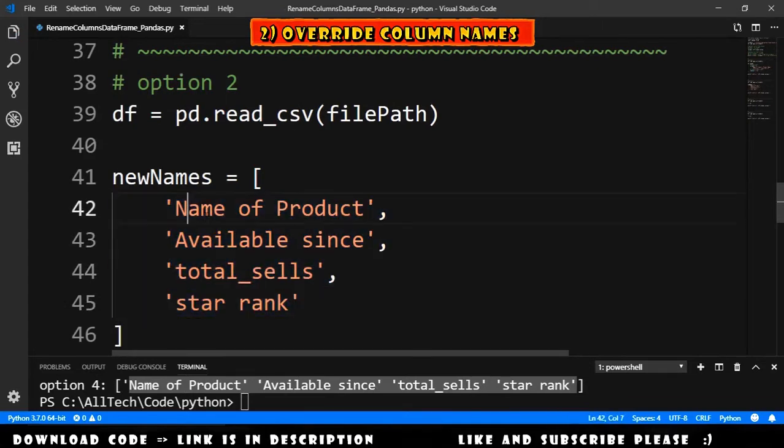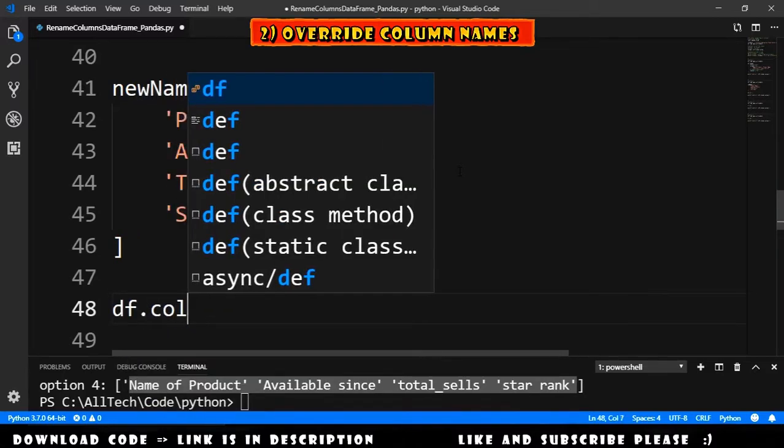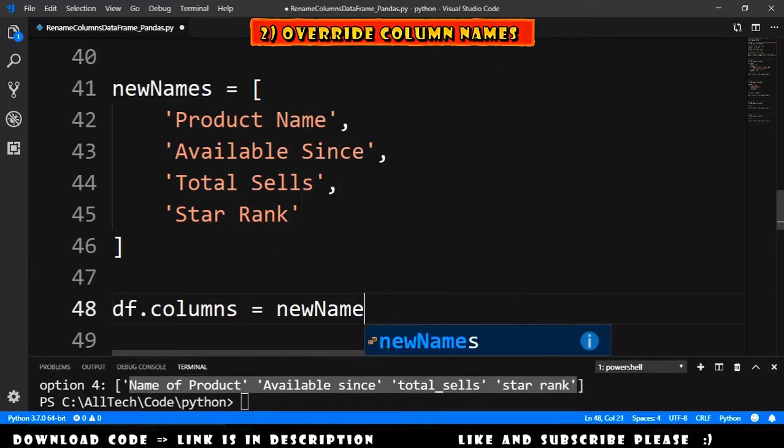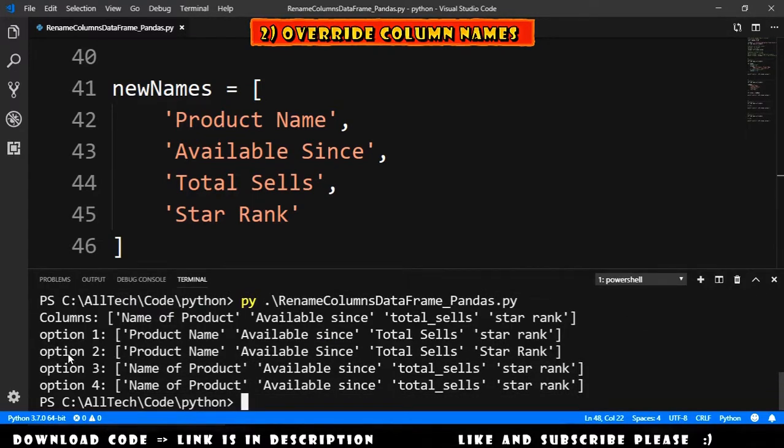These are the names, and let's make these different: product name, available size with uppercase, total sales, and star rank. Now we just need to say DataFrame.columns is equal to new names, this new list. Let's run this. And we got here the option 2: product name, available size, total sales, and star rank, like